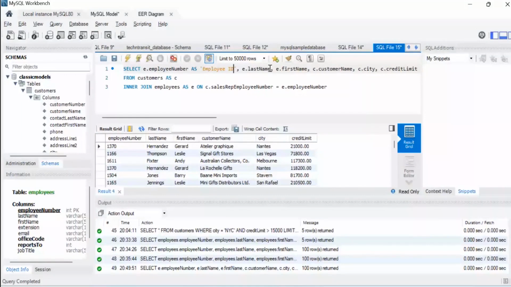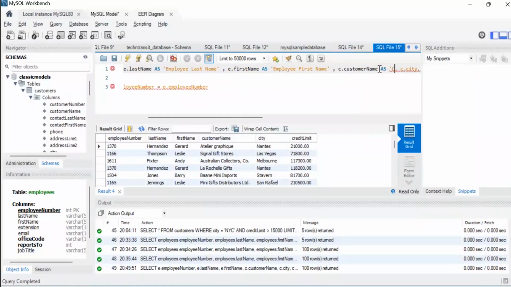And this last name, as employee last name, and the same thing we want to do here, as employee first name, and also customer name. We don't want it to be joined together. We want to alias it as customer name,